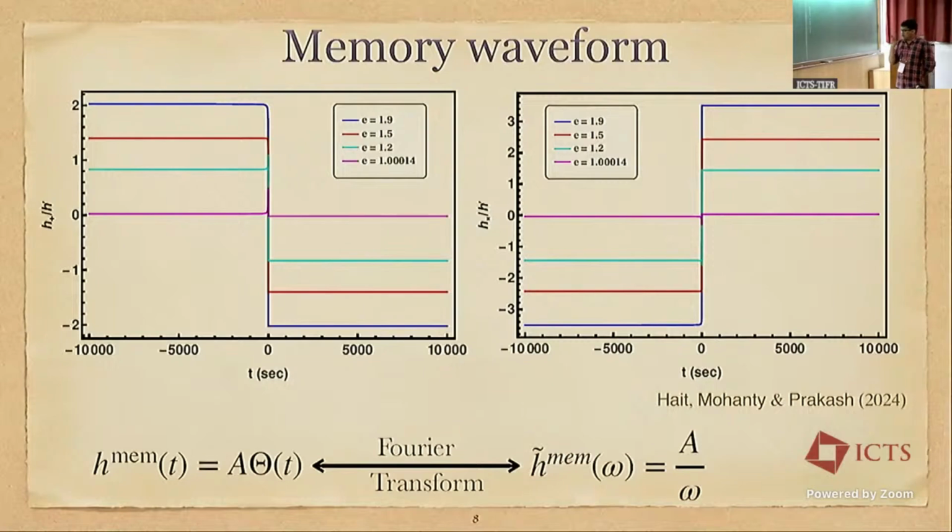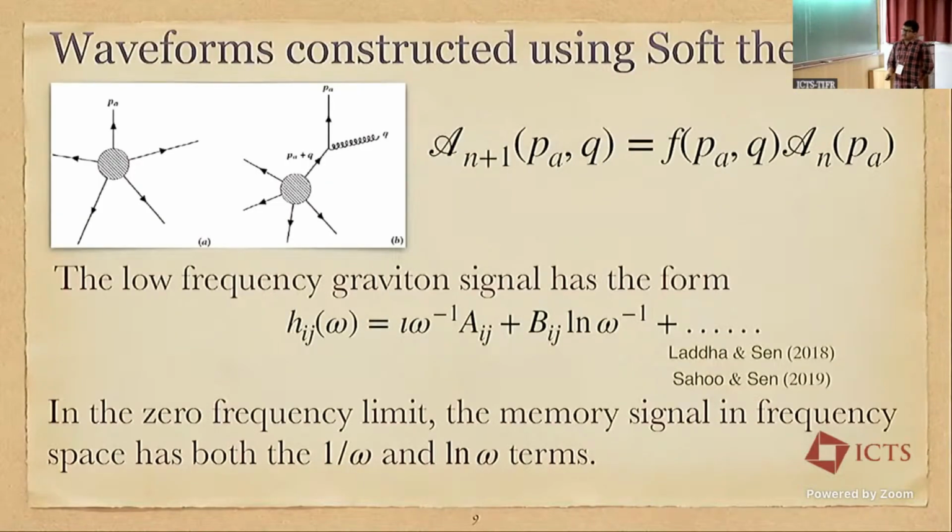Now if you see, this is a theta function. If you perform an inverse Fourier transform of this theta function, that will give you the memory waveform in the frequency space, and this behaves like 1 over omega. Okay. Next I will discuss the connection between this field theory calculation and the waveform constructed using the